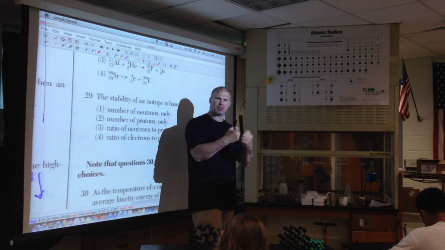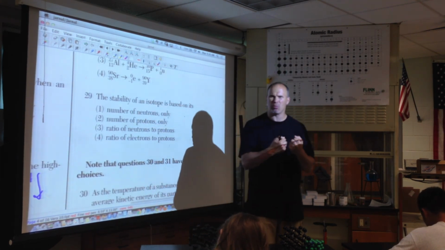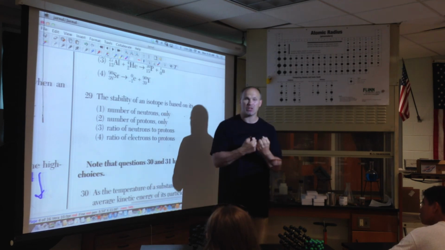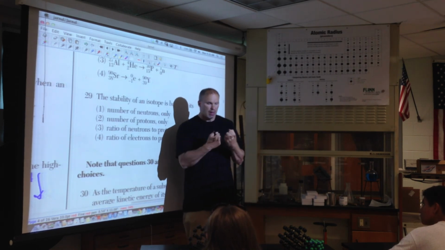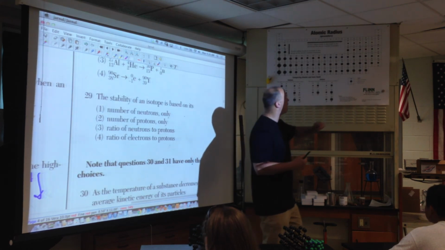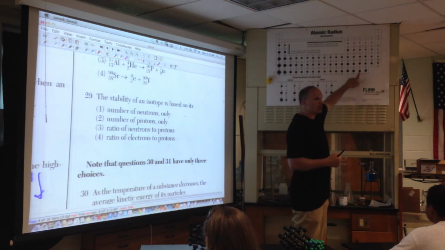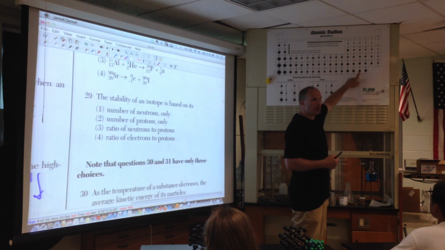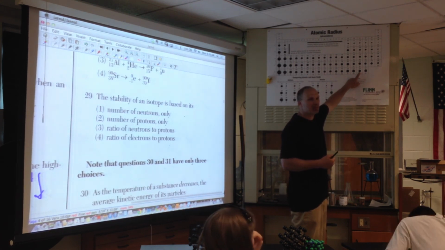As you know, positive and positive repel. But too many positives in a small area, as Rutherford states, is going to create a scenario where they're not going to exist very well. So on the periodic table, anything beyond bismuth is radioactive. There's just too many protons. But it's not the only reason. If that was the case,